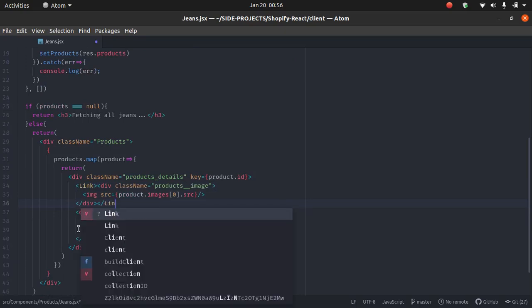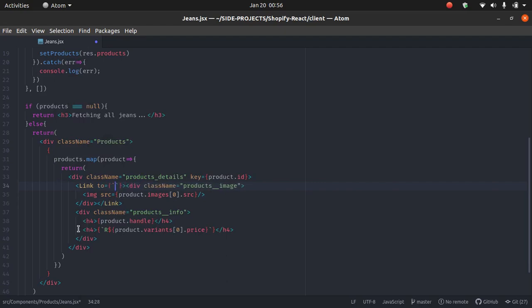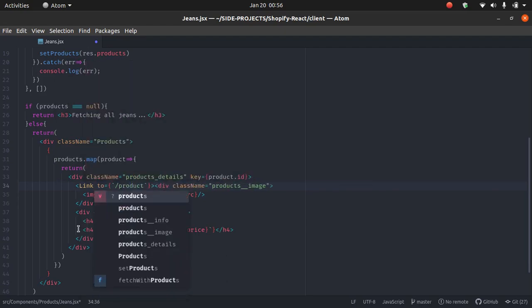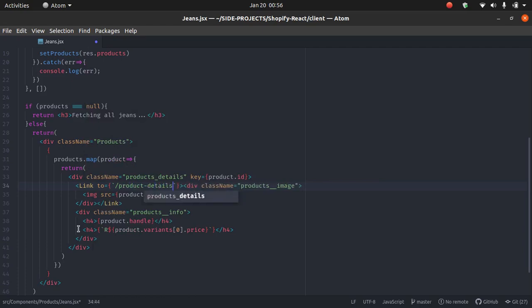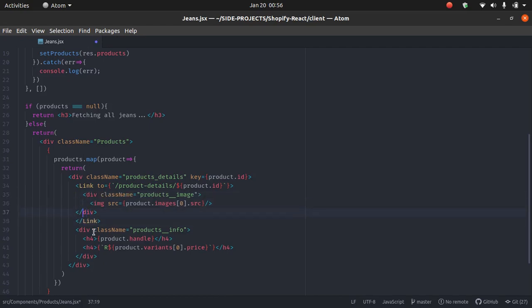We say link, it should take me to, remember we say that, to product-details/ and then product ID dot ID, and then basically that. I bring that down, push that in. So now, knowing that all other components also change like this, I can copy that, save that, and then